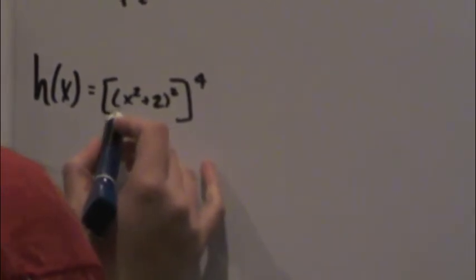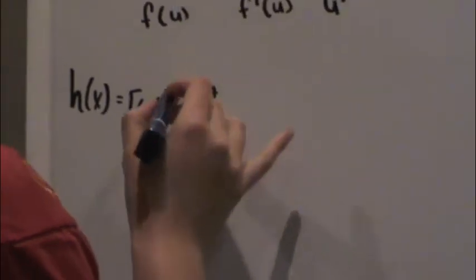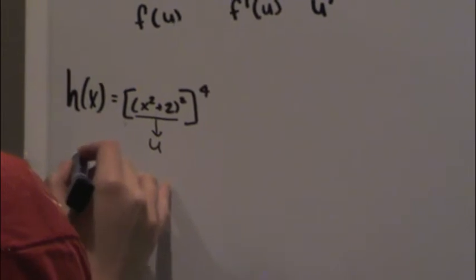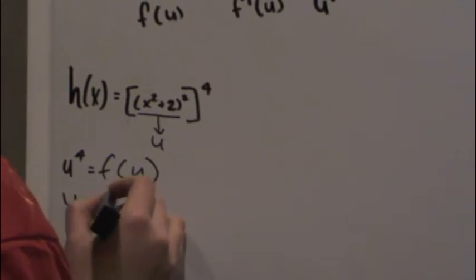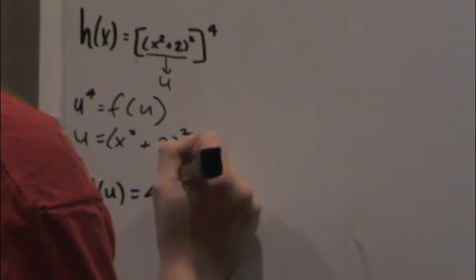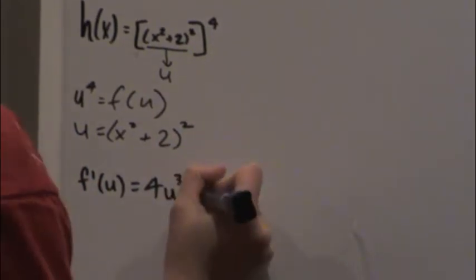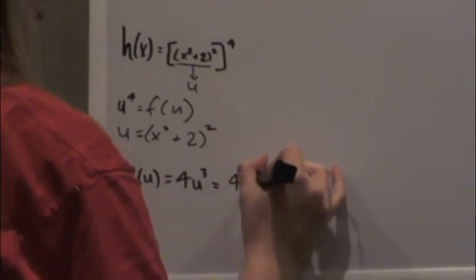Now, the first equation that we have, this right here, is going to be our u. And this equation, u to the fourth, is our f of u. So u equals x squared plus 2 squared, and f of u equals u to the fourth. Okay, so f prime of u would equal 4u cubed, and since this is our u right here, we plug in 4 times